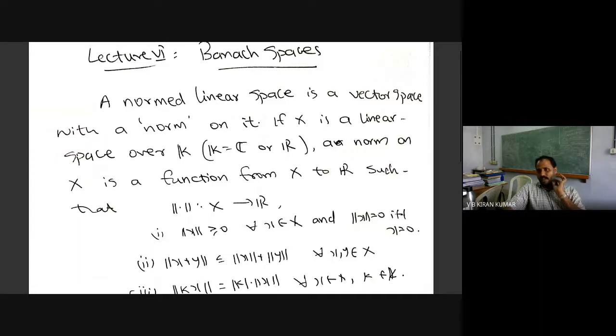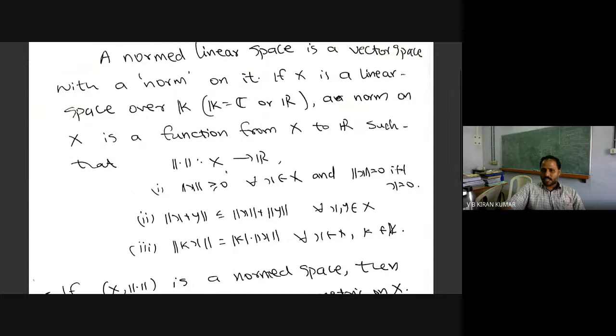So we already have a vector space structure and a norm on it, and this norm is something which behaves like an absolute value. You start from a linear space. A norm is actually a function from X to R with these three properties. You can see that all these properties are enjoyed by the absolute value function. Non-negativity, it is 0 only when x equals 0, because we are in a vector space, so this makes sense. And triangle inequality, norm of x plus y is less than or equal to norm x plus norm y. And norm of kx equals mod k times norm x.